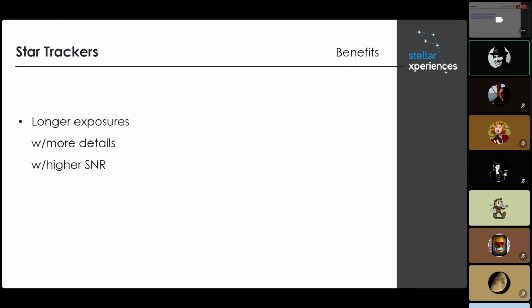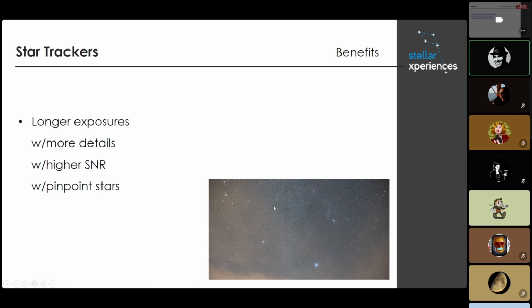With a higher signal to noise ratio, this term is very important, but I will mention it in our next classes. It basically shows how much bigger your signal, the wanted light, is than the unwanted light, which is the noise. And with pinpoint stars like this,